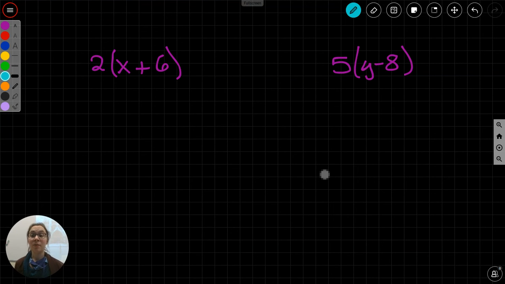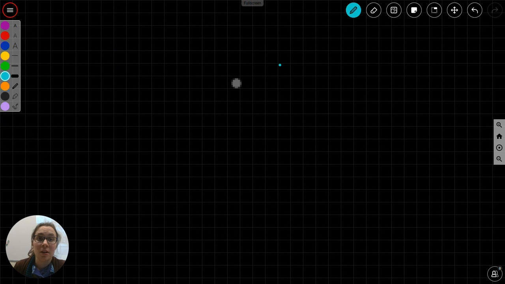This is example 1 of lesson 2.7, the distributive property with variables. But before I get into the variables, I want to make sure that we know what distributive property is. Say I'm trying to multiply 12 times 22. Let's go ahead and move these up here. This time do 12